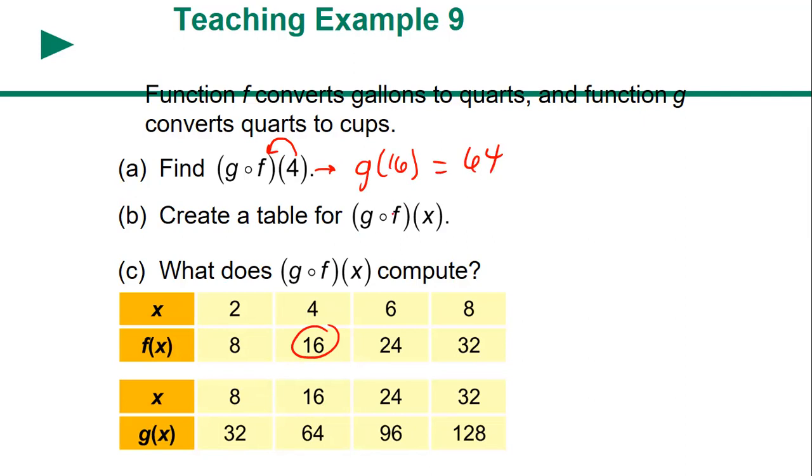Okay, now it says make a whole new table, okay? When it wants you to make a whole new table, you're just gonna go from each to each. So if I start here on X at F, because that's where it says X on F, where does it take me? So starting here, I get 2. So I take 2, and let's follow the path. 2 takes me to 8, 8 takes me to, so my final output is, does that make sense? 4 takes me to, 16 takes me to,